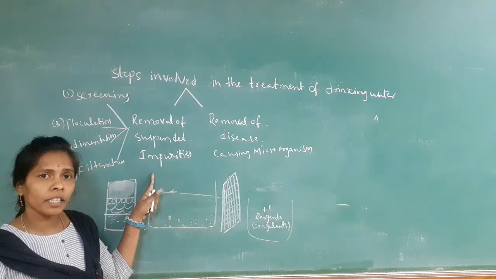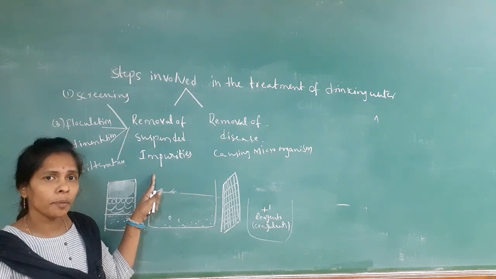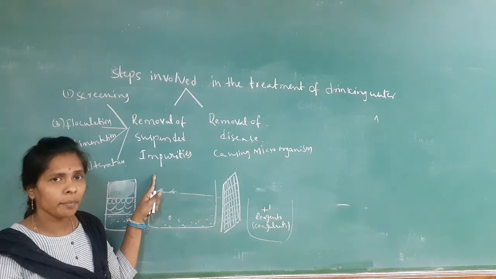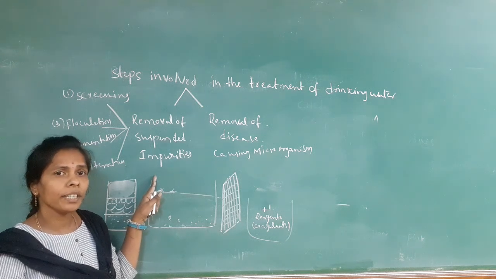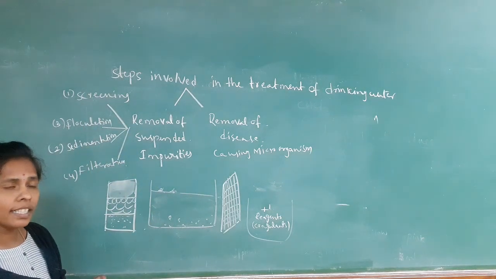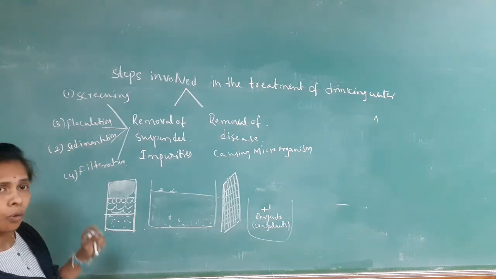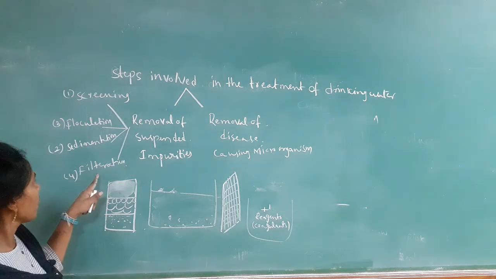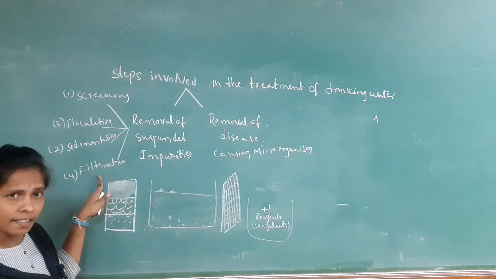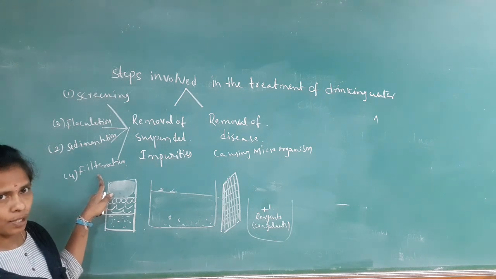In the removal of suspended impurities, we have a step by step process for removal of floating impurities, large density impurities, medium density impurities and the remaining impurities. Floating impurities are removed by the screening process. Large density impurities are removed by sedimentation. Medium density impurities are removed by flocculation by adding coagulants. And finally, if color is present in the water sample, that color and also the remaining impurities are removed by the filtration process.